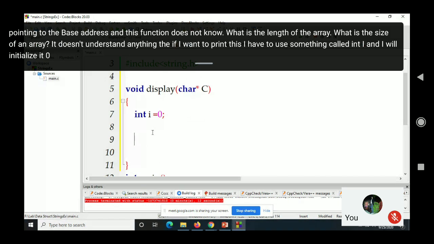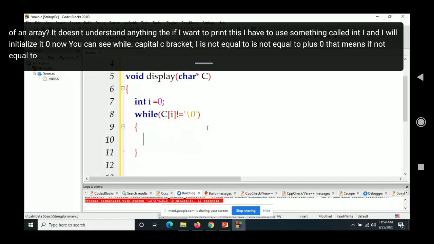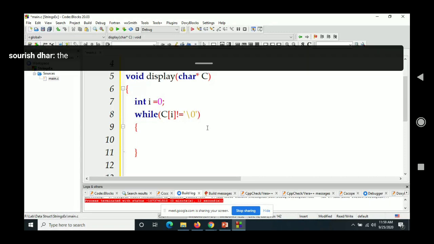Now, I can say while C[i] is not equal to '\0', that means it is not equal to the end of the character or the null terminating character. Till that time, you print.